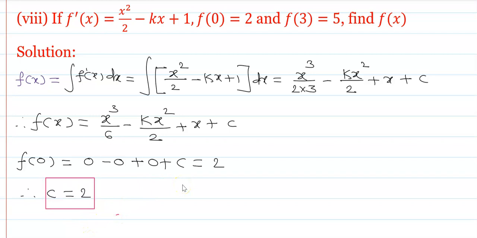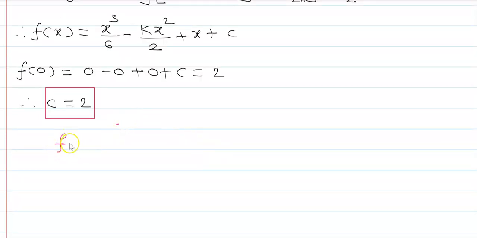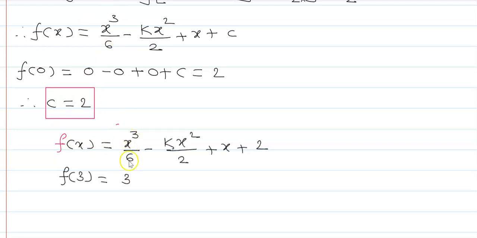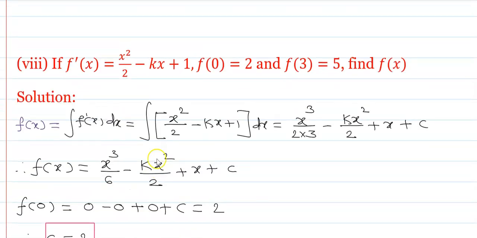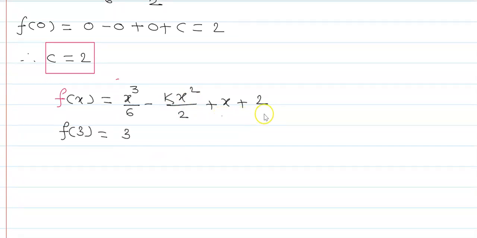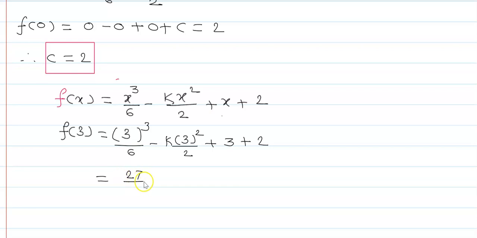Next, we'll find out f of 3 is 5. Therefore, again, I will substitute the value. f of x is equal to x raised to 3 upon 6 minus k x square upon 2 plus x plus 2. x is replaced by 3, that is 3 raised to 3 upon 6 minus k 3 raised to 2 upon 2 plus 3 and plus 2. 3 raised to 3 means what? 27 upon 6 minus 9k